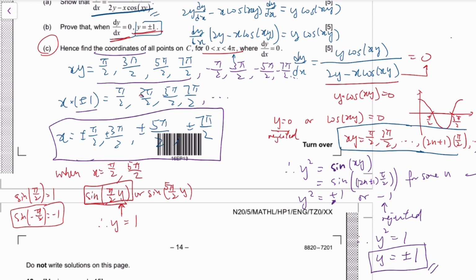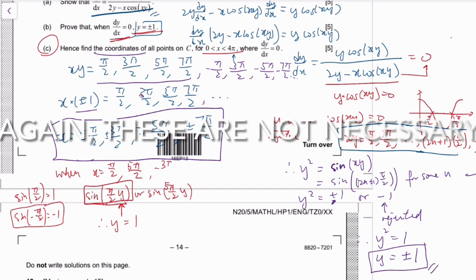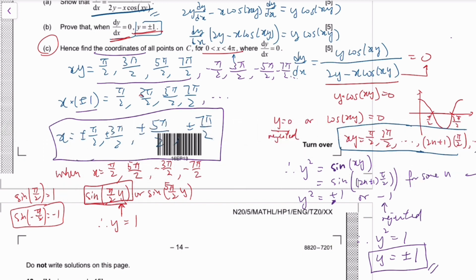I'm really running out of space. Let me think. For pi over 2, it would give you the same result for negative 3 pi over 2 and negative 7 pi over 2, because again, those two are also 2 pi away from each other. So this is one group. And for the other group, when x is 3 pi over 2, 7 pi over 2, negative pi over 2, and negative 5 pi over 2,